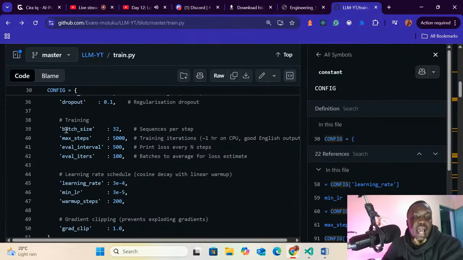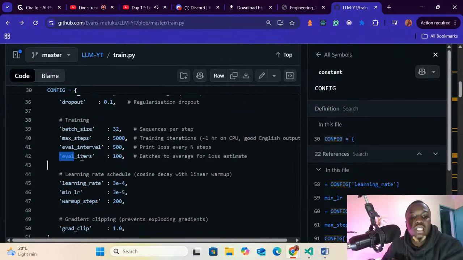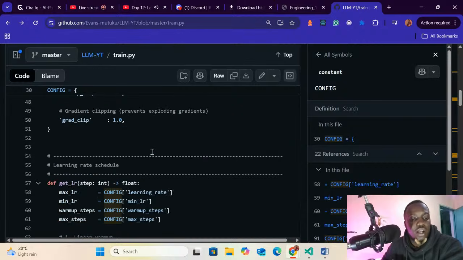We are going to learn how many batches we train our data with, the number of maximum steps that we are going to use so that we don't overuse our CPU resources, and all these kinds of things that we are going to define.